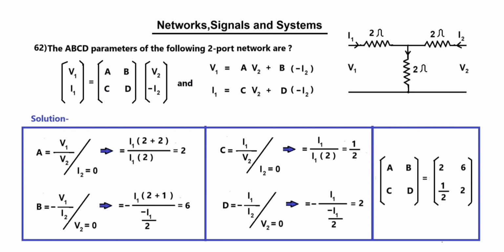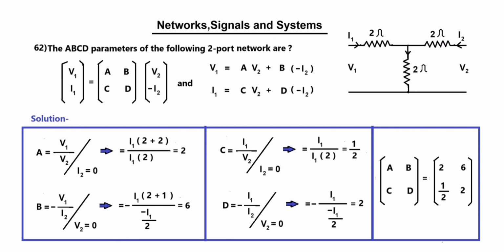and B equals minus V1 upon I2, with V2 equal to 0. This means output short circuit. So B equals minus I1 multiplied by 2 plus 1 divided by minus I1 upon 2. So B equals 6